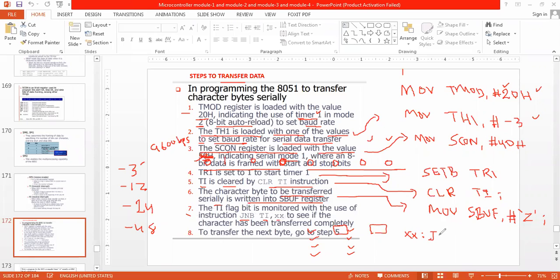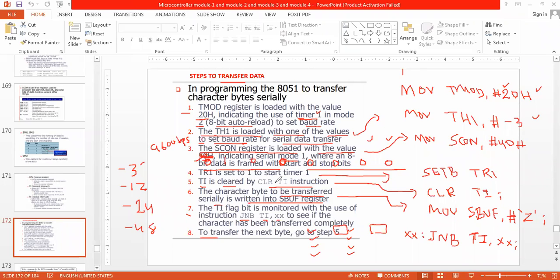JNB TI, XX: jump until TI is equal to 1. When TI is equal to 1, then don't jump. Go to step 8. To transfer the next byte, go to step 5.